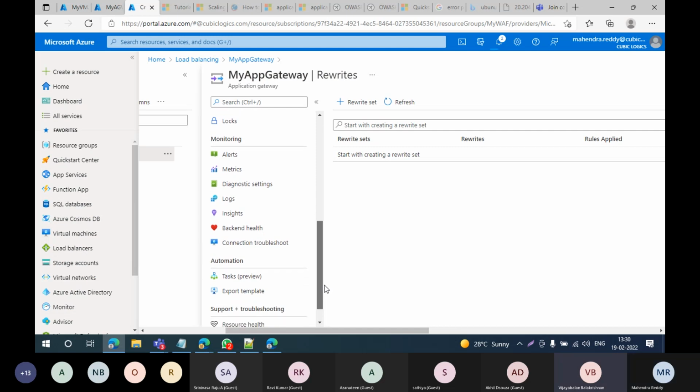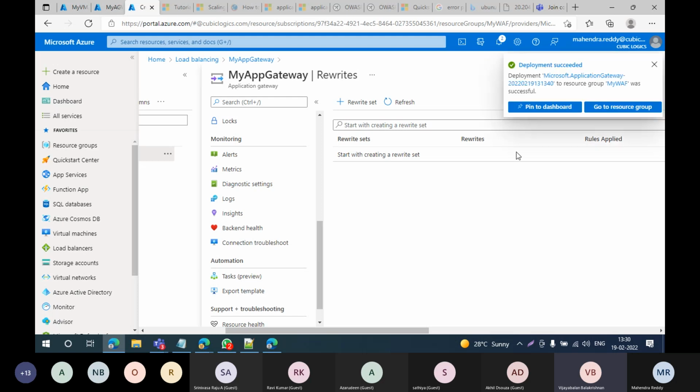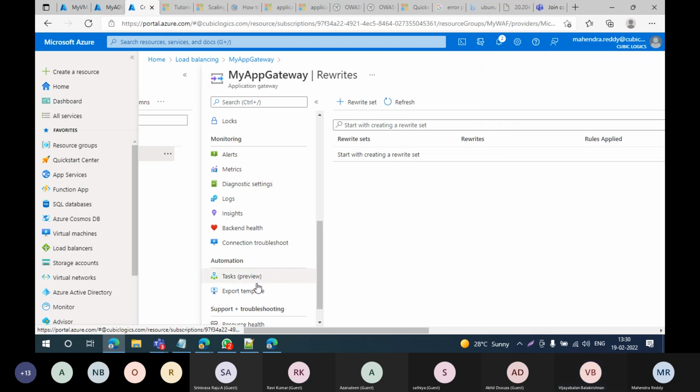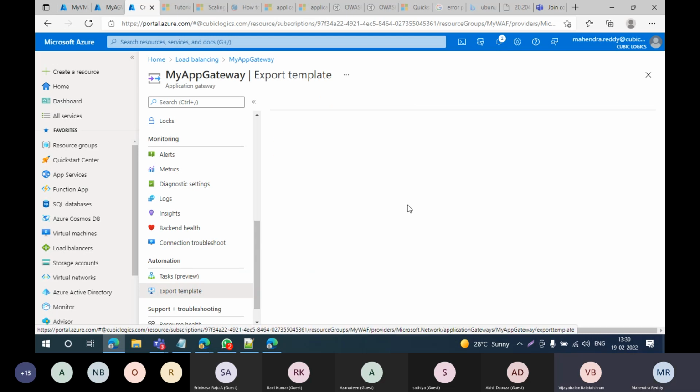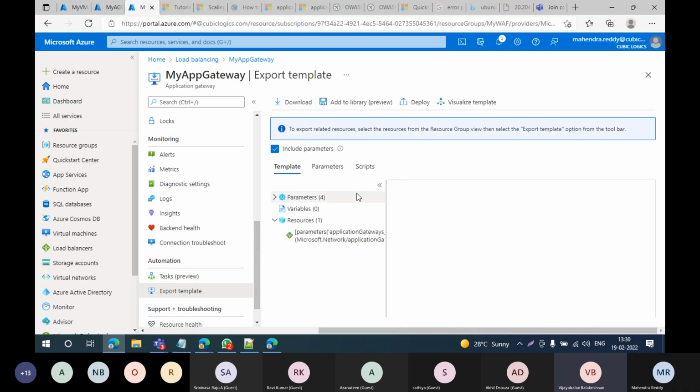Suppose you want to implement all this. Another question I also received from the group: whatever you create, you are not an automation person, you don't know coding or PowerShell or whatever. For any resource, not only this resource, can you see that Export template? Can you click it? Azure is really straightforward nowadays.